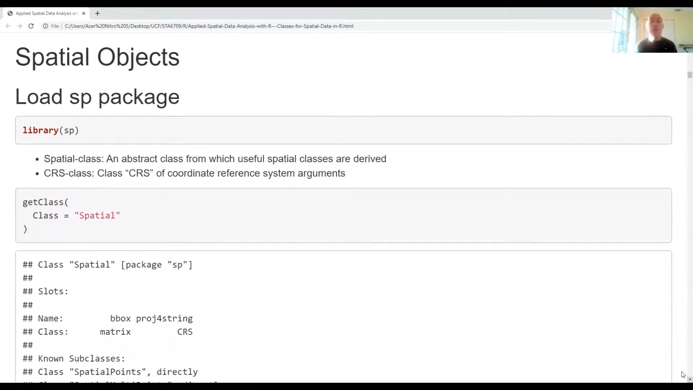All right, so now let's actually look at spatial objects. The heavy hitter package for this video is the sp package. This is a fundamental spatial analysis package. It works well with almost every single package in R. If you're going to be doing spatial data analysis in R, you need to know this package pretty well. Actually, you'll get forced into knowing it, whether you like it or not. All right, so let's go ahead and look at